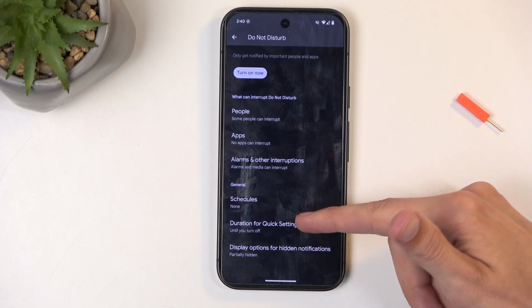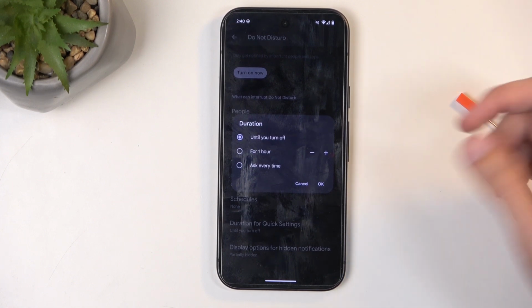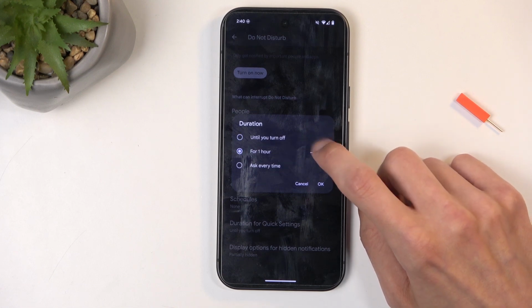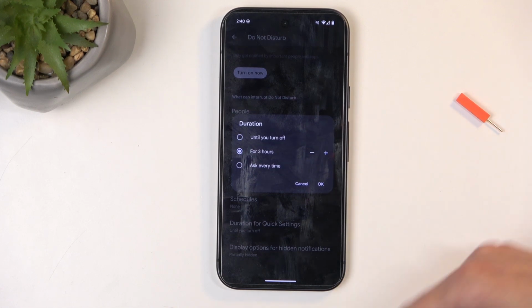Next, we have duration for quick settings, which defines what happens when you press on the toggle manually. Now, by default it is set to the until you turn off option, which if you turn on your Do Not Disturb mode and forget about it, it will run indefinitely in the background. I personally like to select it on a timer, so we can just choose that. And maybe make it something like 4 hours or 3, and that will, at least in my opinion, cover whatever